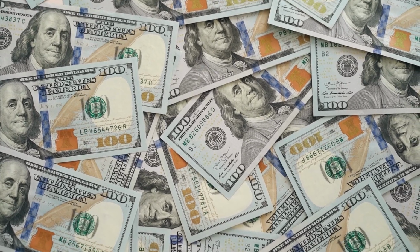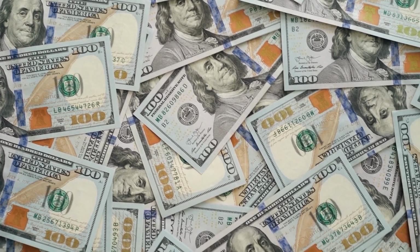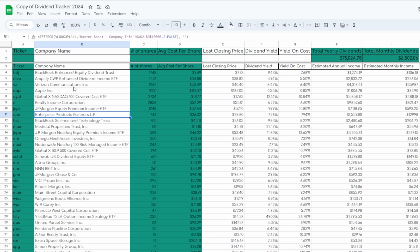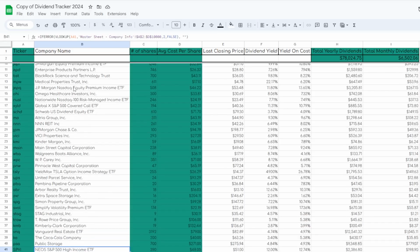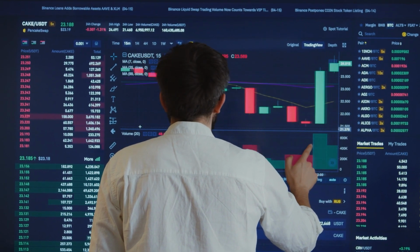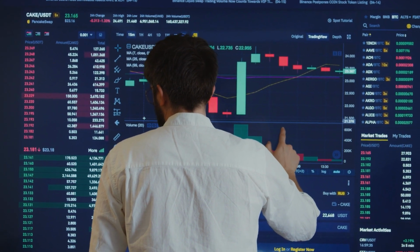Building a dividend growth portfolio that pays you on average $100 per month in dividend income is a massive milestone to surpass, and even a very memorable milestone that I passed years ago in my early days of investing. Now that $100 per month milestone is so important because at that point when your dividends are now bringing